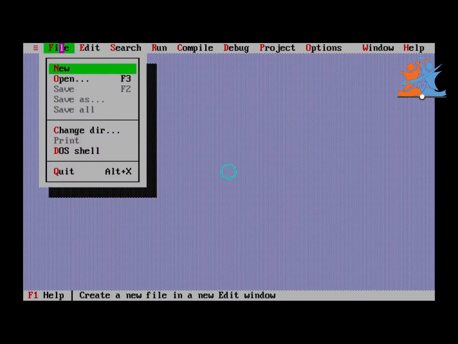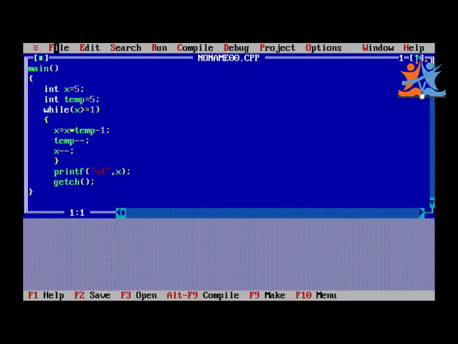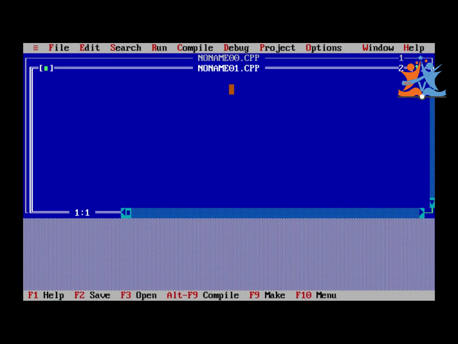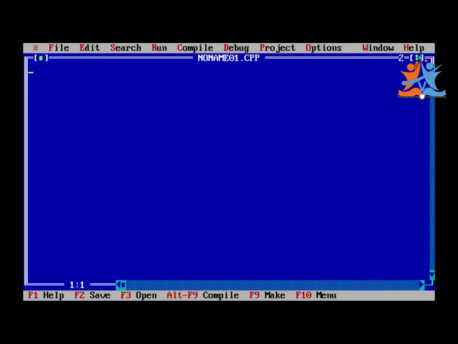Here we go with the example. Here we are taking a linking session. First step, hash include std io dot h. After that, void main.